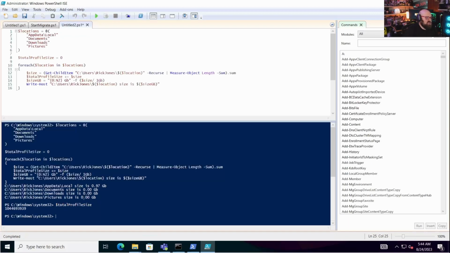But it would probably be good if we could spit that out in gigabytes as well, as opposed to just a number. So let's do total profile size gigabyte equals, we're going to do the same thing. So we got these brackets, 0, n2. We're going to do gigabyte force, and we're going to just pass in our total profile size variable, and that should be good. And then we can write that out. Write-Host. We can say the size of user profile is,